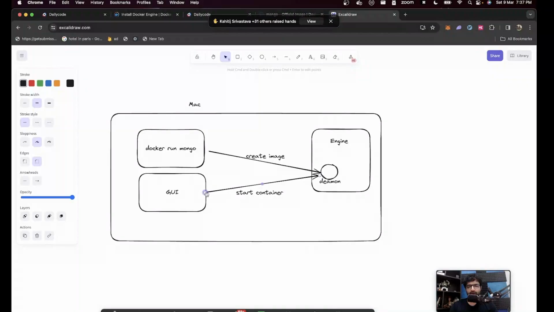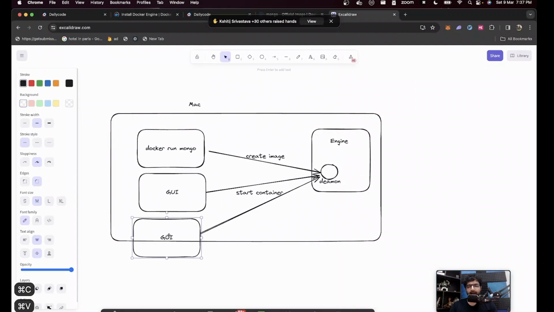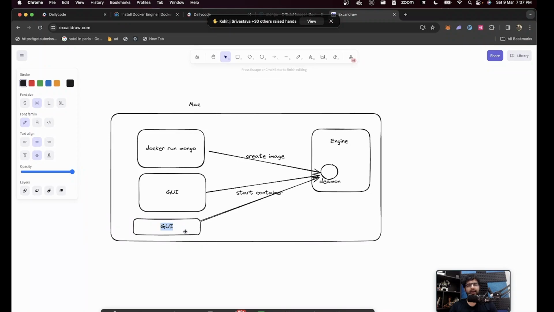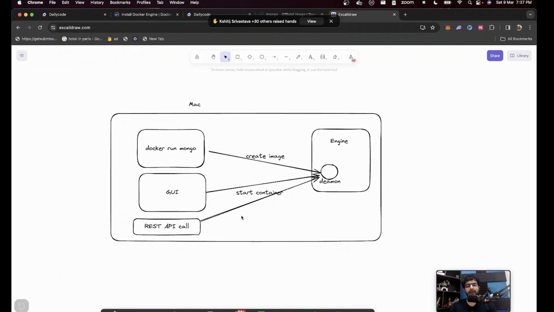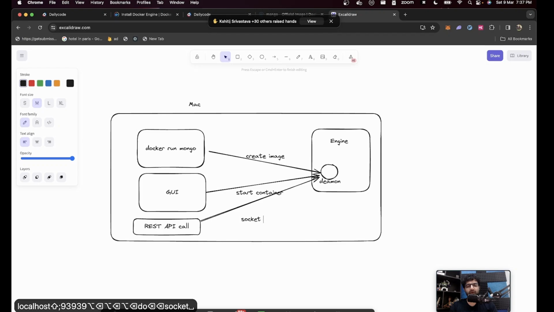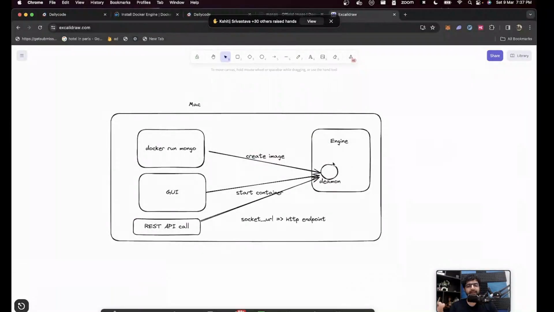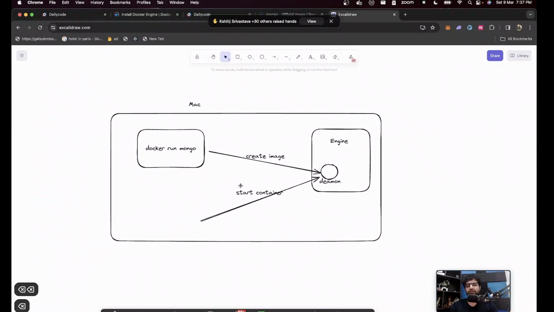And you can also talk to this daemon and tell it to start containers by hitting an API. Where you hit the API is a little weird. You don't get an HTTP endpoint to hit it unless you tweak it a bit. But you can send what's called a REST API call to the daemon and tell it, please start a container. You can send a POST request only, and it does not go to localhost something. It goes to what's called a socket URL. And you can very easily convert this socket URL to an HTTP endpoint. But the basic point is this daemon can be talked to in various ways. The one that you'll usually use is the terminal through which you talk to the daemon.